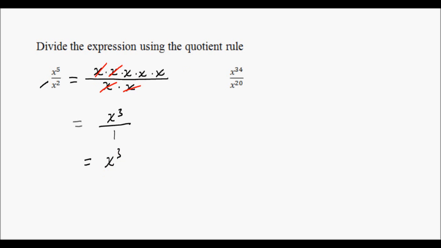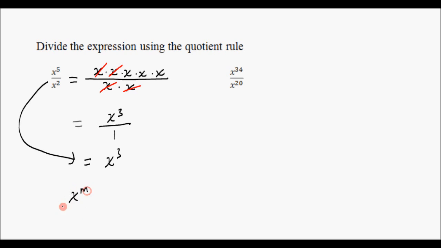Now, the quotient rule is how we can get from here to here. Notice that all we had to really do was take that numerator exponent minus that denominator exponent, 5 minus 2, to get the 3. So the quotient rule, if we generalize this, would say that if we have x to